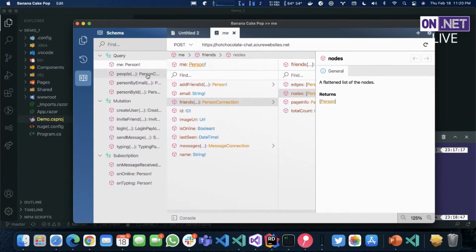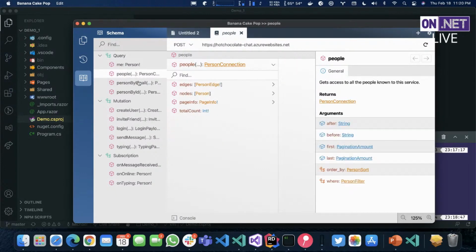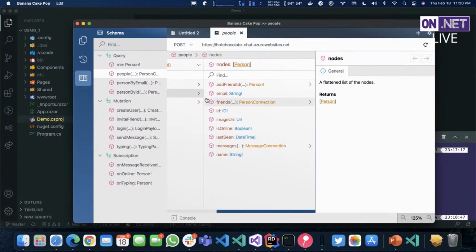We could also directly query all the people on the server. And we essentially could drill in here into our nodes field directly and get the same thing that we could get through the logged-in user. We also could grab other users from the server and drill in the same way. So what we will do is just grab this people field here and drill from there in to get our data. So how do we write GraphQL queries in our